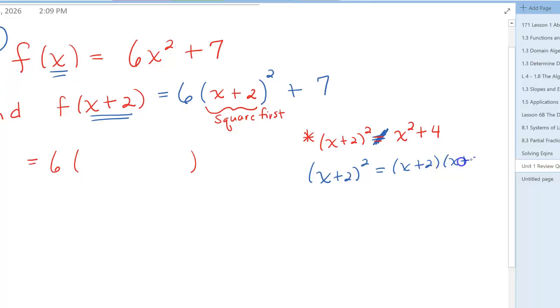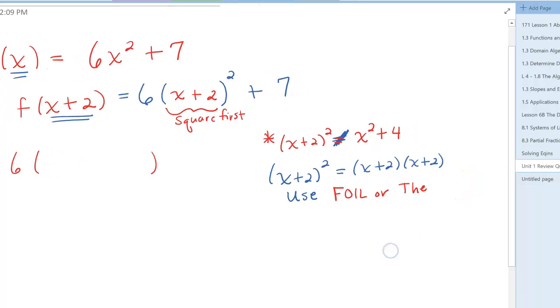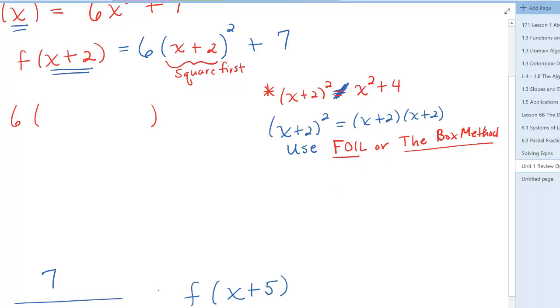These are the types of problems where, if you remember in class, I showed you how to either use FOIL or the box method. Both of these methods are just two different ways to keep track of the 4 multiplications that you should be doing. So if I use the box method for this one, what I'm going to do is create a